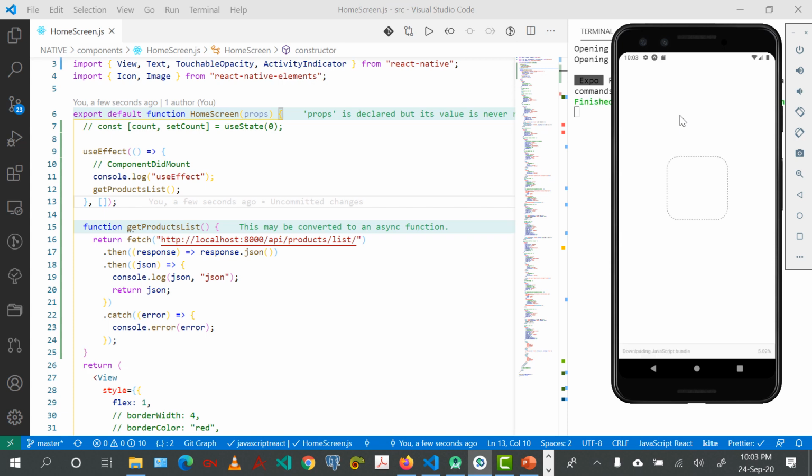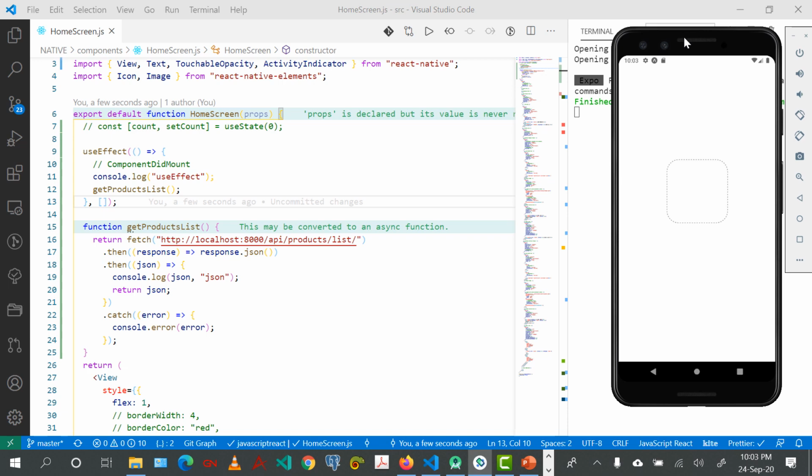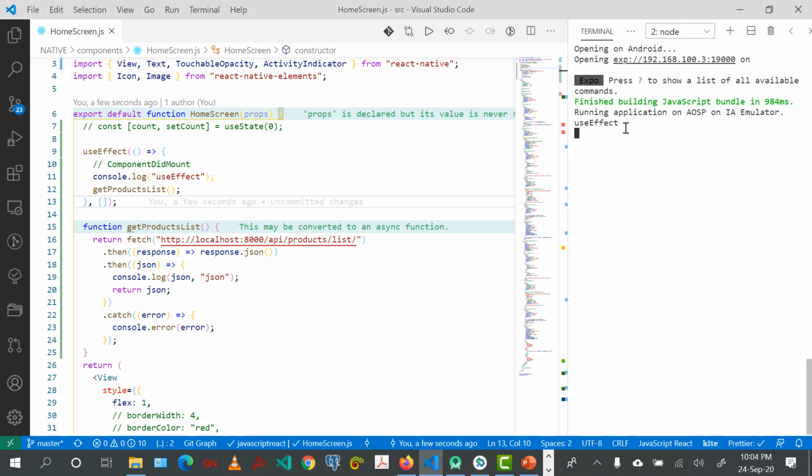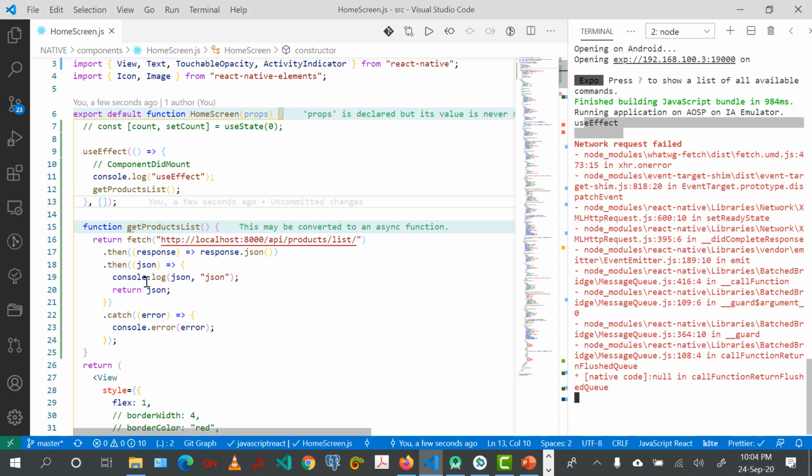Again, on your side it will be slightly faster because I'm assuming you're using a real phone and not an emulator like myself. Just give it a second. Okay, it's loaded. useEffect has been called, but it's saying network request failed. So of course this is not going through, so we need to troubleshoot. If I go back to my slides,